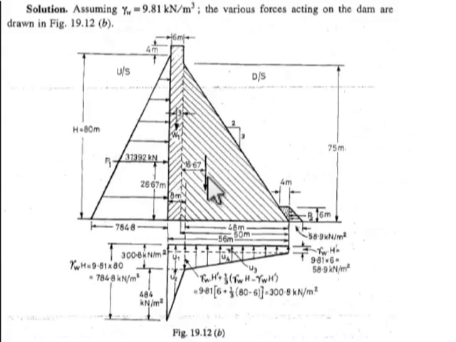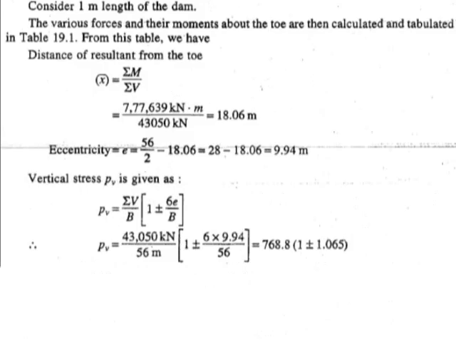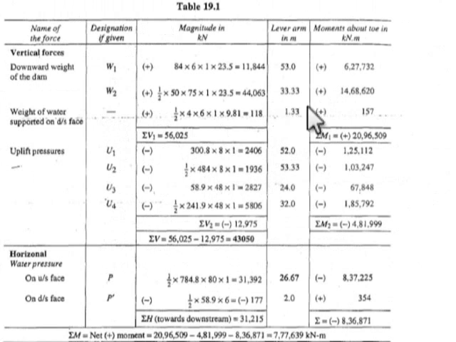Okay, lever arm distance, where this W2 will act. Again it is a triangular. The CG will be somewhere here, and it is h by 3 from here. So from the toe it comes out to be 33.33 meter. It is 50 meter, and it is 2h by 3 distance from here. So h by 3 from vertical, h by 3 here 16.67. This is 33.33. So this is the lever arm. Multiply this, you will get the moment about the toe.